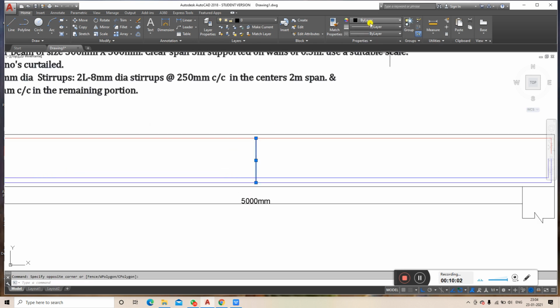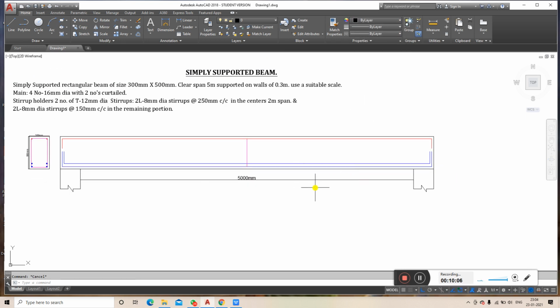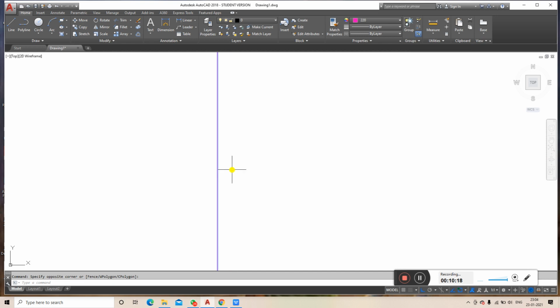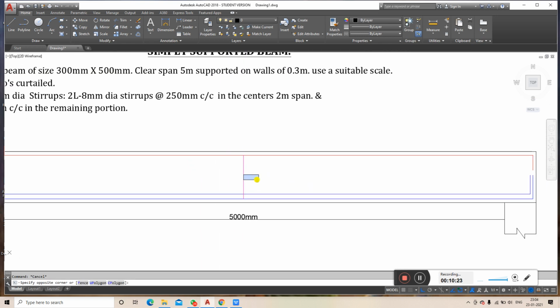So now I'll change the color of the stirrups. At mid span, that means among this 5 meter, I'll be dividing it into three parts. It should be a single line. So I'll be dividing it into three parts, that is 1000 mm on either side.